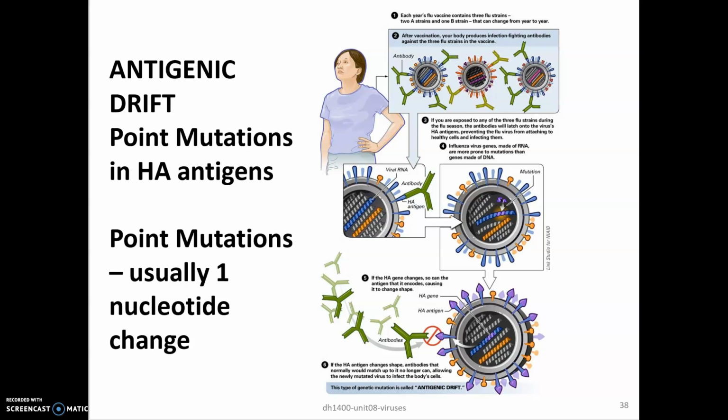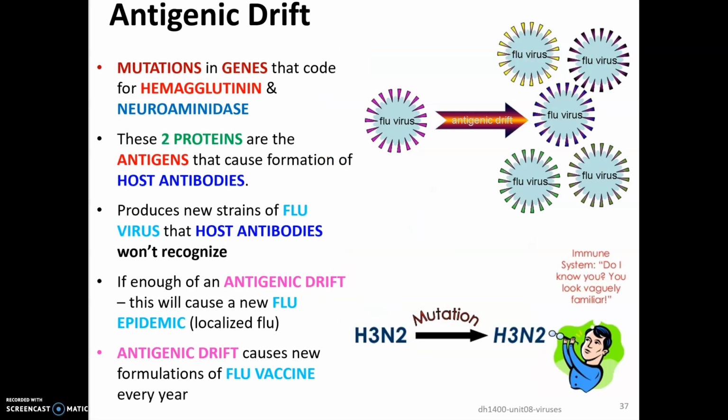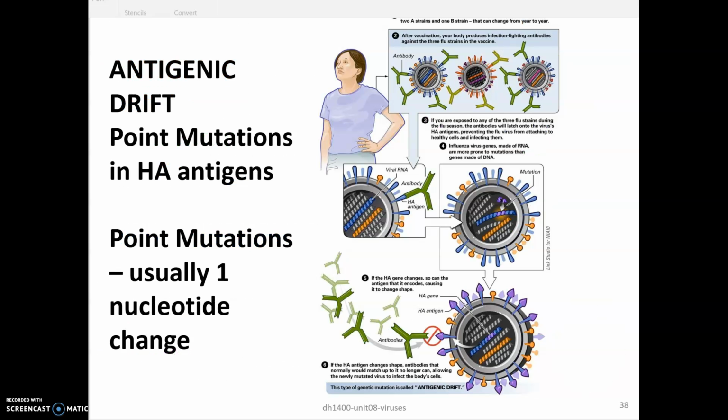Now, what we notice that is interesting is if we look at the picture between 4 and 5, if we look at the different spikes that are on the outside of these two viruses, we notice that they're slightly different. In this one up here, we've got the blue club-like shape, and on this one here, we've got kind of a purple heart on the end of it. So that little change right there represents a point mutation. So somewhere along the genes for